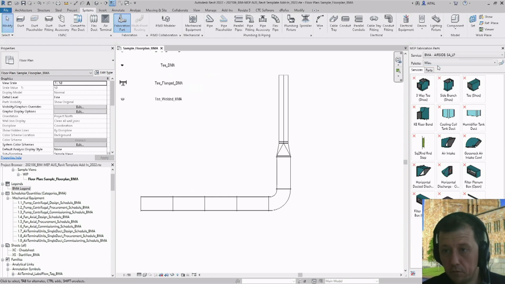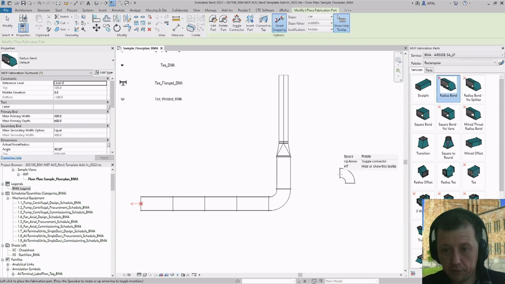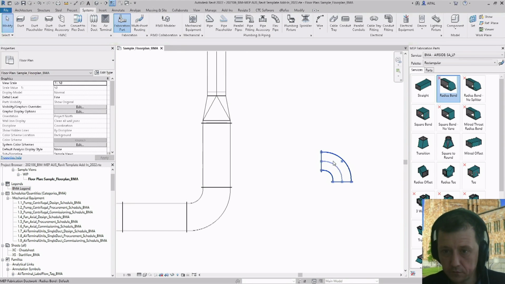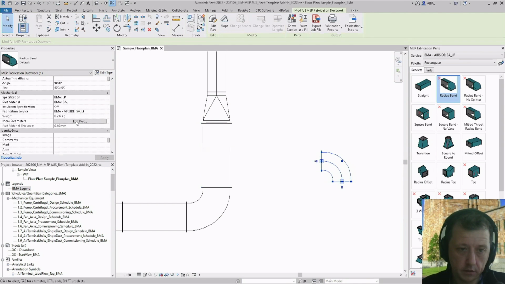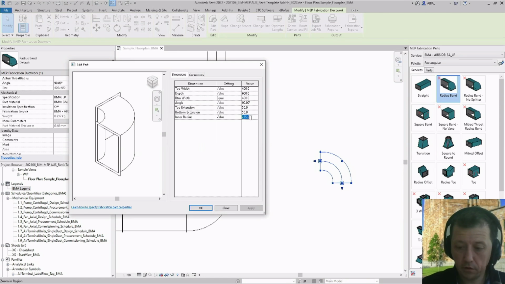Another update here in the rectangular palette: you will see that there are now two different radius bends and two different square bends. The standard or default one, and the one with no splitters or no vanes. So what happens with the radius bend here? If I just use that one and select it and go here to Edit Part, and I now change the inner radius to a specific value below 225, and apply, sorry, a bit smaller,